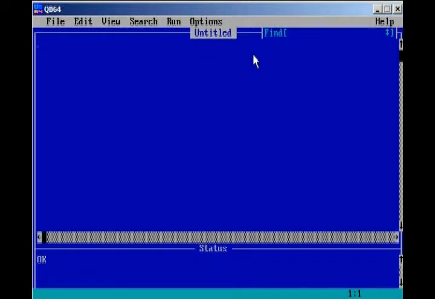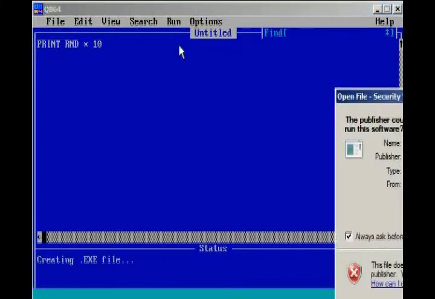Now, to print a random number to the screen, of course you'd write PRINT RND, and RND of course stands for random number, and we're going to have it times 10. What this code will do is print a random number that is less than 10 but greater than or equal to 0. Keep in mind, less than 10, greater than or equal to 0. So if we run our program,